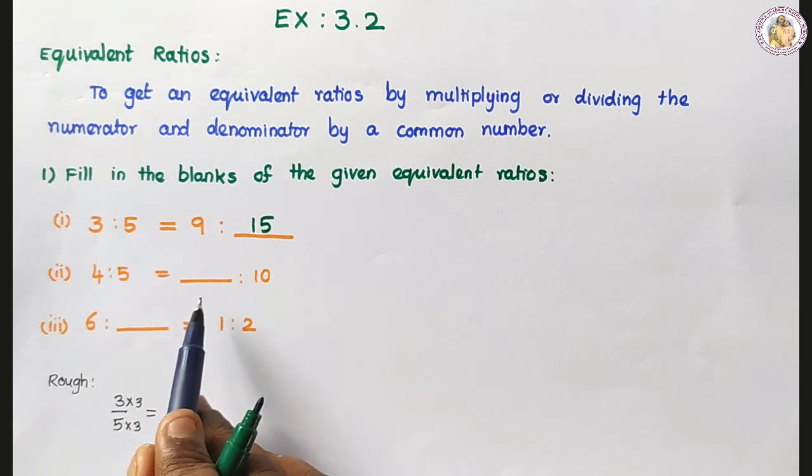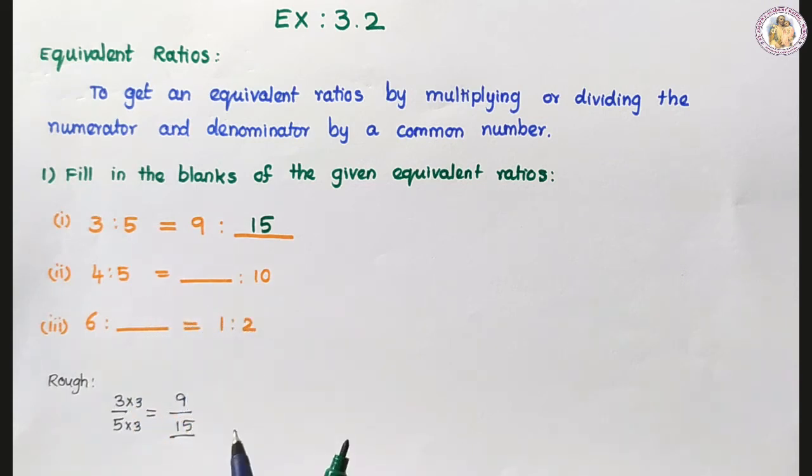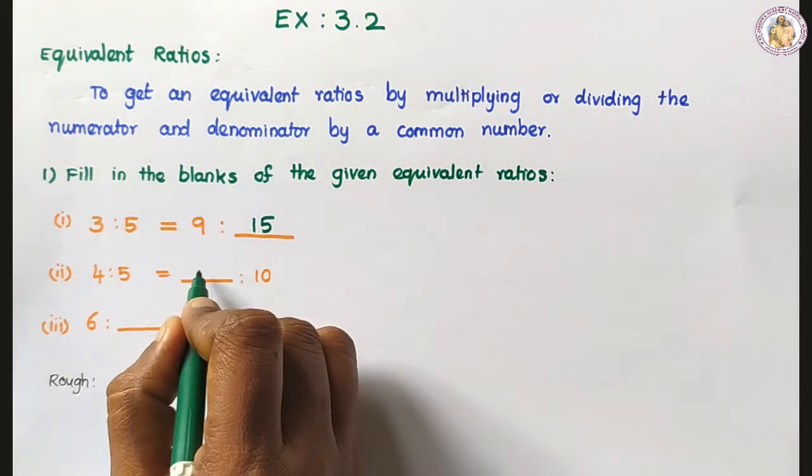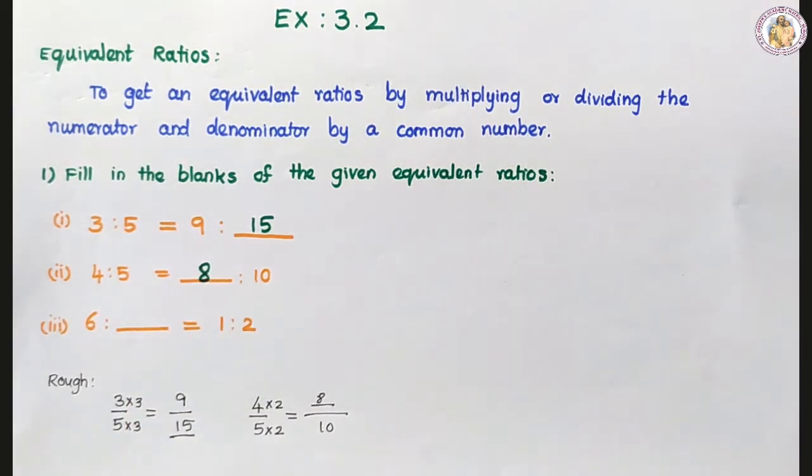4:5 is equal to dash is to 10. Write down in fraction: 4 by 5 equal to dash by 10. What number do we have to multiply with 5? We get 10. That is 2. So we should multiply the same number with the numerator. So that is 8. 4 2s are 8. 8 is the answer here. Next one,